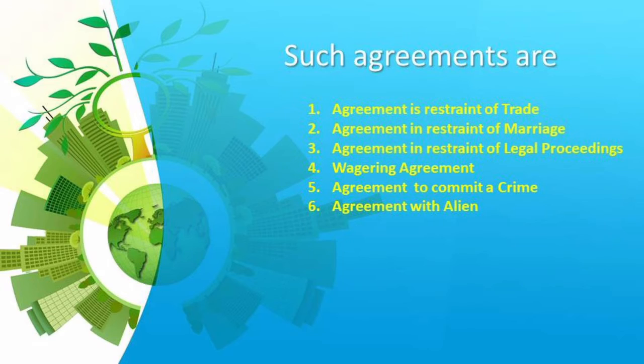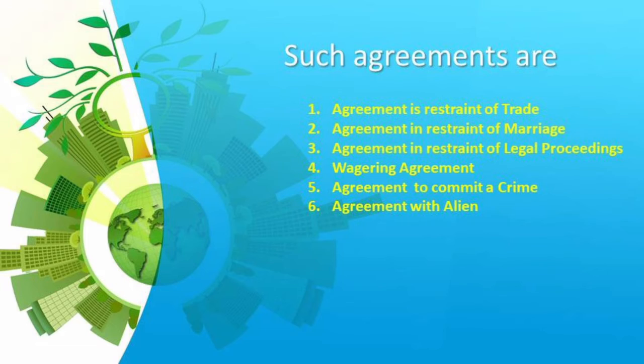For example, A is there, B is there. Both enter into a contract. A tells B, don't go to the court if I don't pay the money to you. That means A is putting an imposition on B not to go to the courts of law. That means B should not go to the courts for enforcement of his rights, which again goes against the